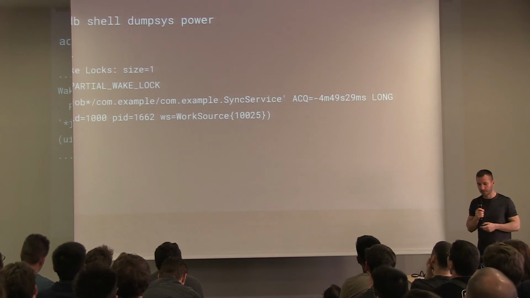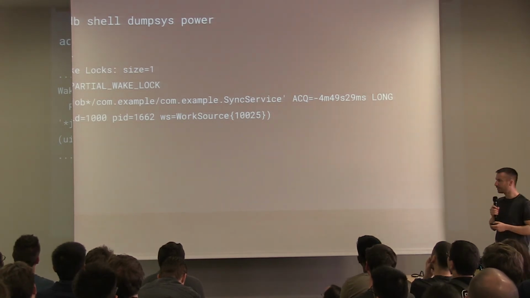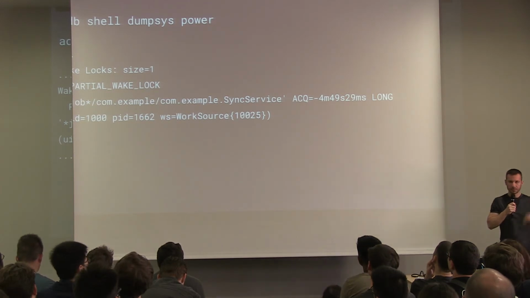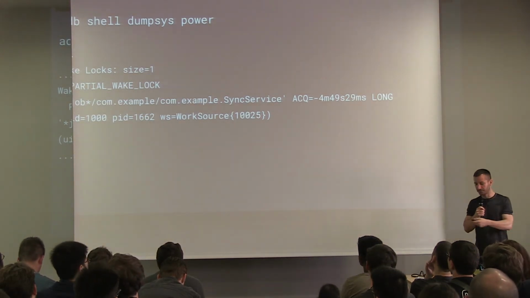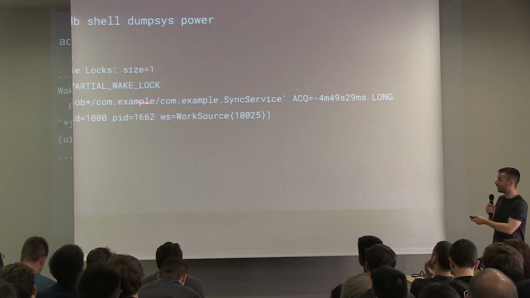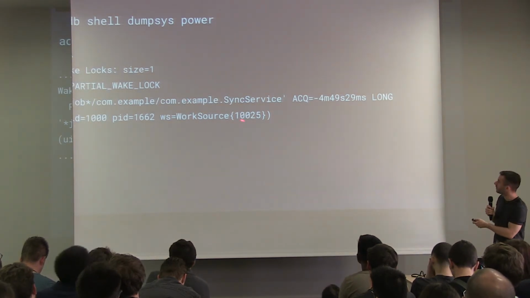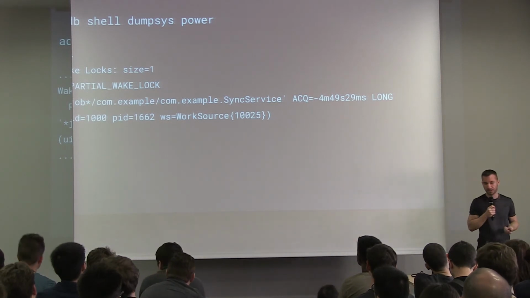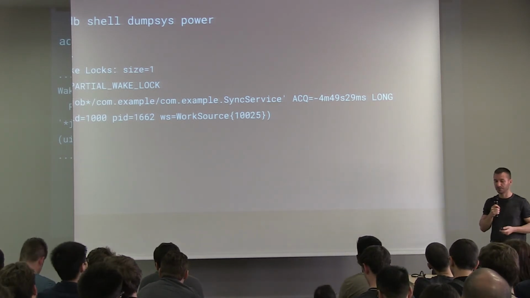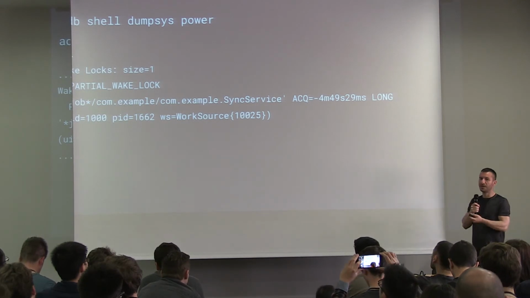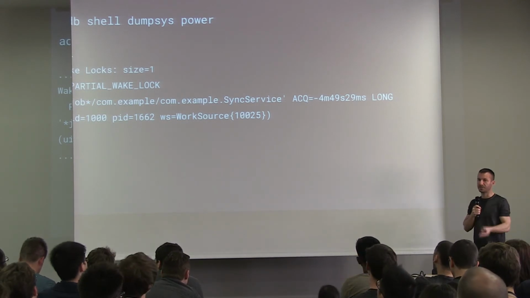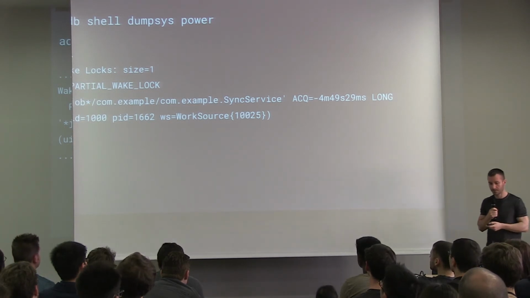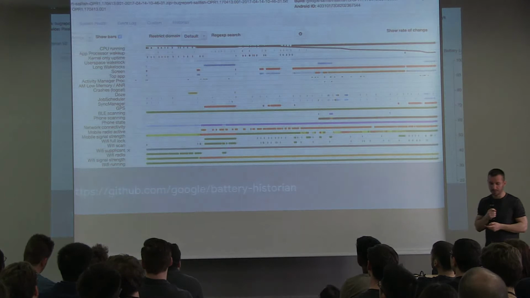And there's a low-level debugging command you can use when you have a connected device. It's adb shell dumpsys power. And in the long wall of text that comes up, you can find a list of wakelocks held by your app. So here, if you give it a descriptive tag, you can then correlate it with whatever you're doing in code. And so for example, if you stop your service, if your app is not running, you should probably see nothing with wakelocks. And we know it's not ideal.